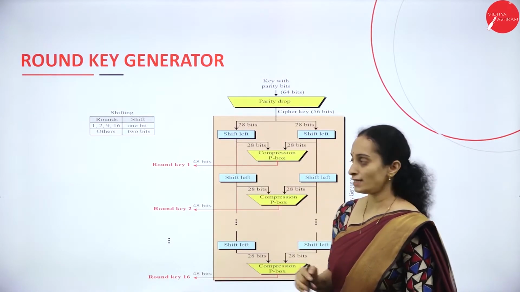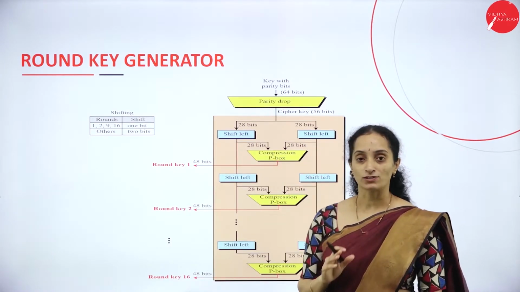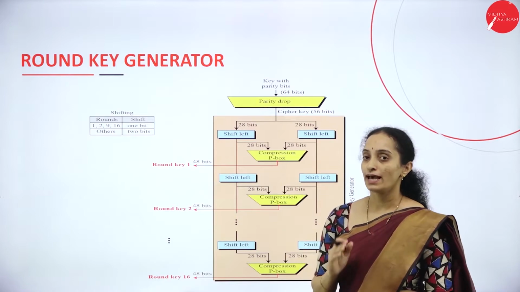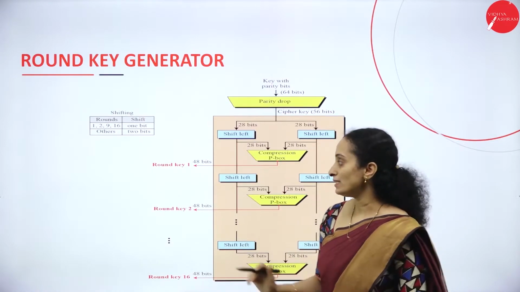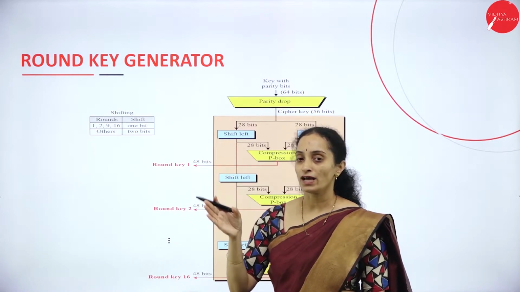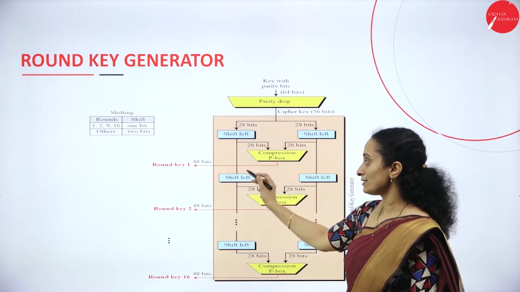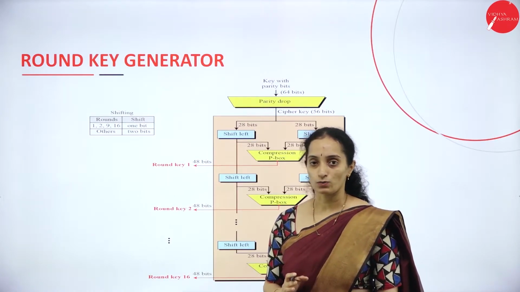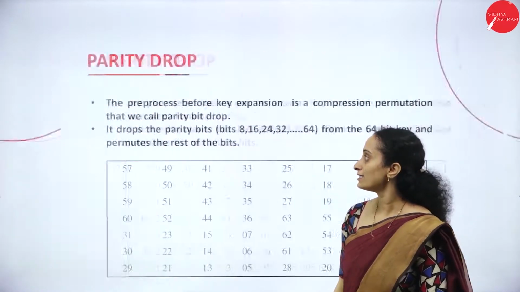this shift operation. Now these 28 bits are again combined to form 56 bits, but how many do we actually need? It's only 48 bits. So again we use a compression P box, which gives a result of 48 bits. These 48 bits are provided to the XOR operation to perform the encryption, isn't it? So this same procedure is followed for all the 16 rounds, isn't it? Let's check each of the operations in the key generator.